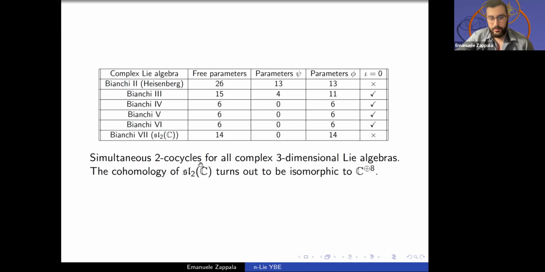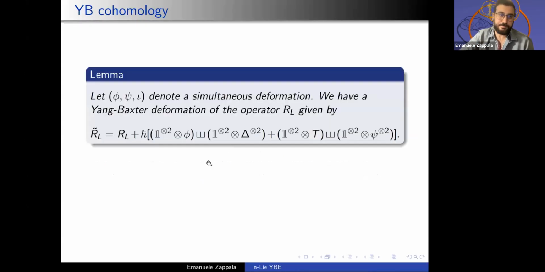Interestingly, with Mohammed, we went to look at SL2 because this has trivial cohomology in the case of non-simultaneous deformation. So we went to have a look at this one for the simultaneous deformation, and this has, in fact, basically dimension 8, the cohomology group. So it shows that once you pass to simultaneous deformation and deform the whole structure altogether, you can get even the semi-simple case deformed non-trivially.